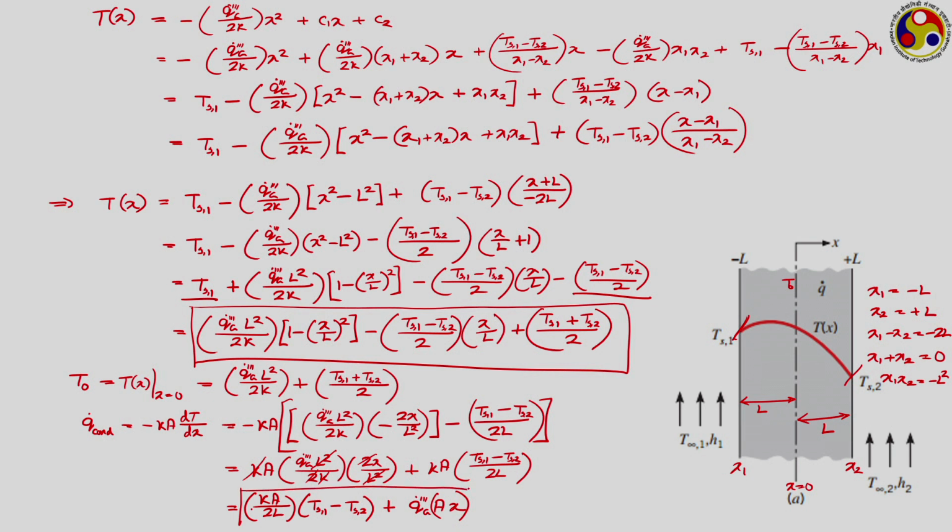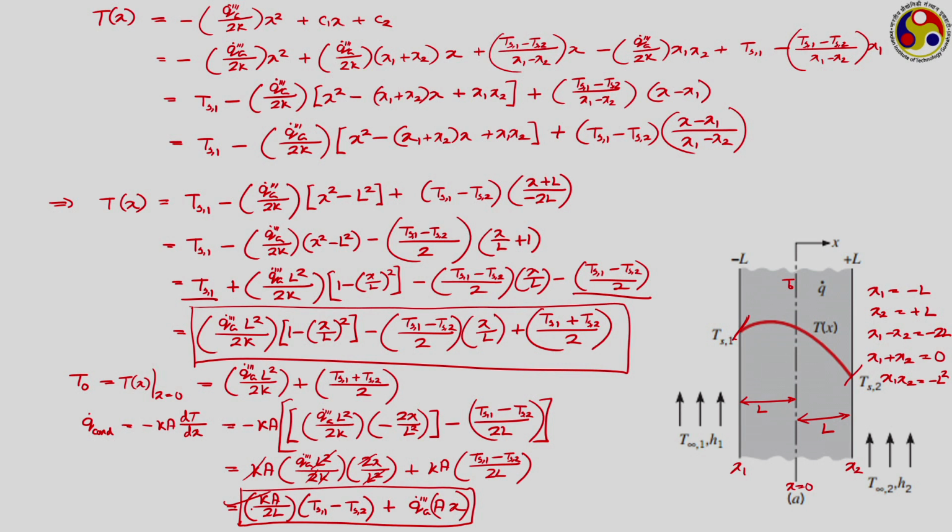So, how is this term looking? What about the first term? k A upon twice L. What is twice L? Twice L is a length scale associated with the heat transfer direction, because the distance from the wall at location minus L to the wall at location plus L is actually 2L. So, 2L upon k A is something similar to the thermal resistance. So, the first term that you are getting here is nothing but the heat transfer that we could have derived using the resistance concept, by using a constant thermal conductivity of k and a length scale of 2L.